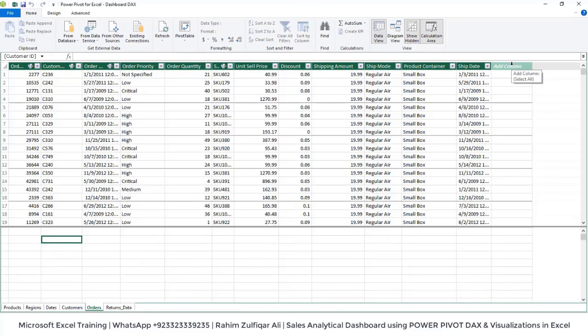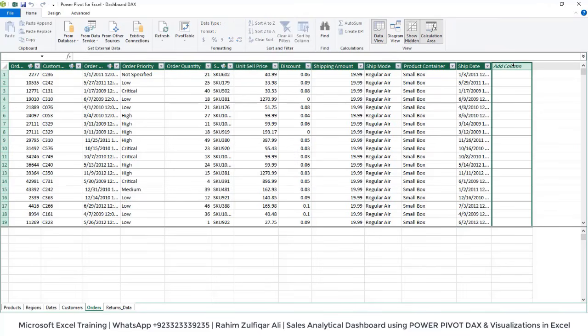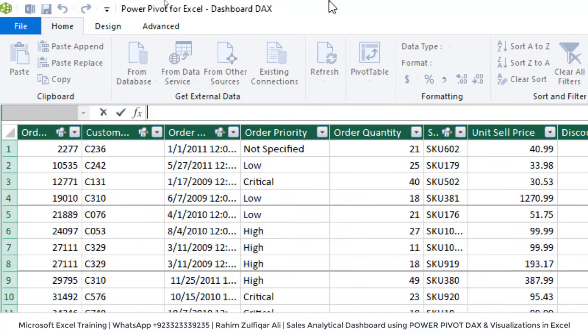First we need to add two calculated columns. We have unit sell price, we have the discount column, we need a net sell price column, and then we need the order quantity to be multiplied by net sell price to get the order amount. So we will be adding two calculated columns for our further calculation, and then we will be moving towards those explicit measures. So how to add a calculated column? Click on add column, go to the formula bar, and here we will be writing that particular DAX. So first we will define the column name, net sell price,